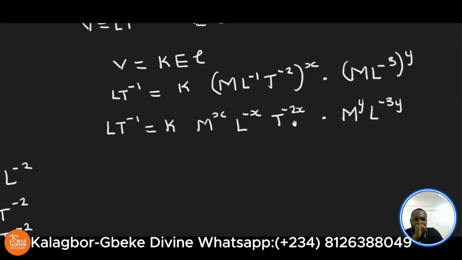So next thing is to collect like terms, collect the common base. M and M here, we'll collect them. L and L, we'll collect them. Then T will be left alone. So we'll now have LT raised to the power minus 1 as equals to K